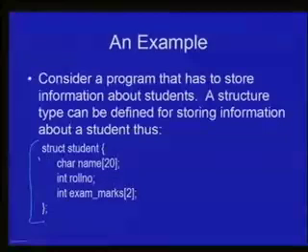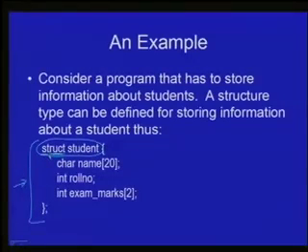This entire declaration defines a new type whose name is struct student. The keyword struct indicates that this is a structure that we are defining, and the word student is a name for the structure type, and then within braces follow the declarations of the various components of the structure,